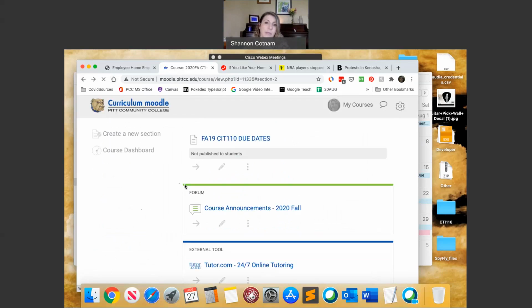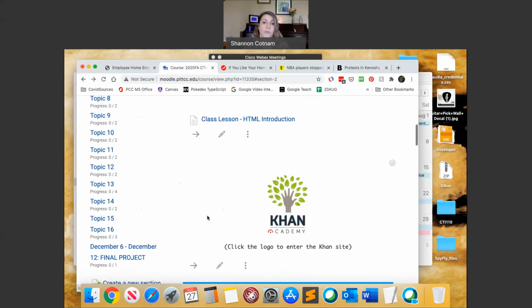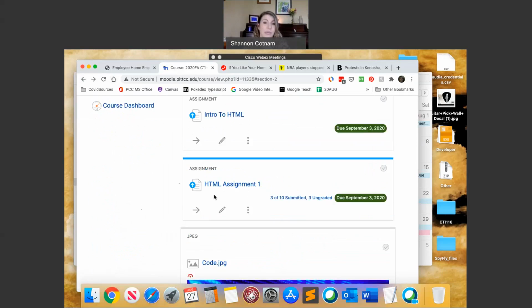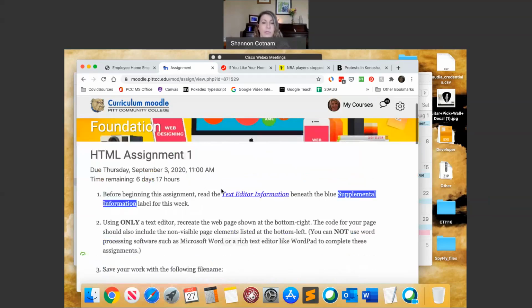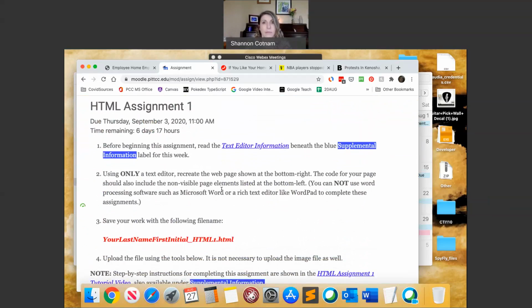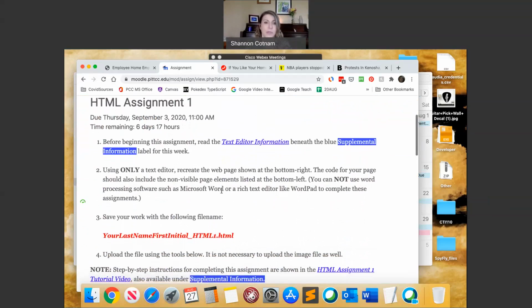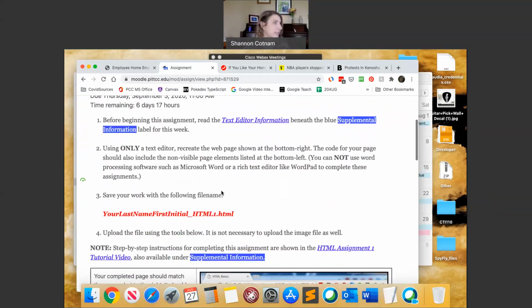The second assignment, though, is going to be a little bit different. You're going to be creating a web page from scratch, which Khan doesn't really teach you how to do. Let me open this up. So you're going to use a text editor, and if you have a PC, then Notepad comes with your computer, and it is a text editor you can use to write this code. If you have a Mac, then TextEdit is what you're going to use. And you have to use a text editor. You can't use word processing software. It will mess it up and add extra code to it. So either TextEdit or Notepad,